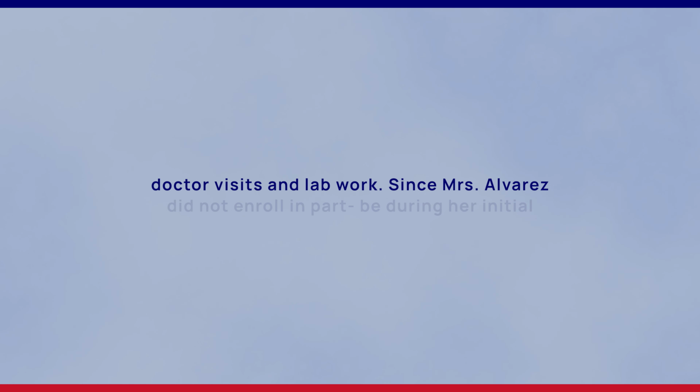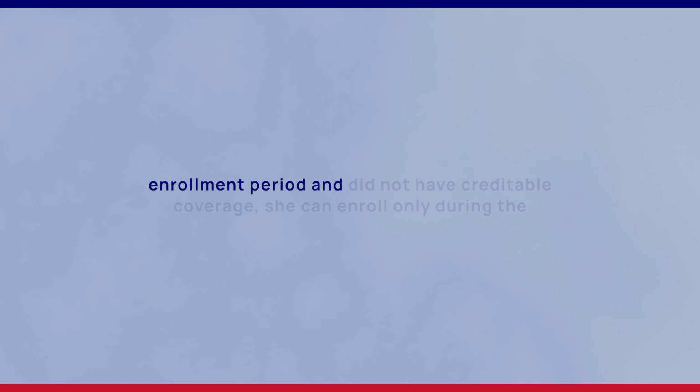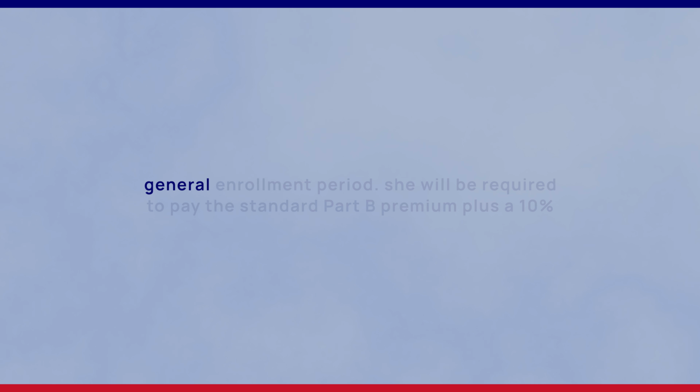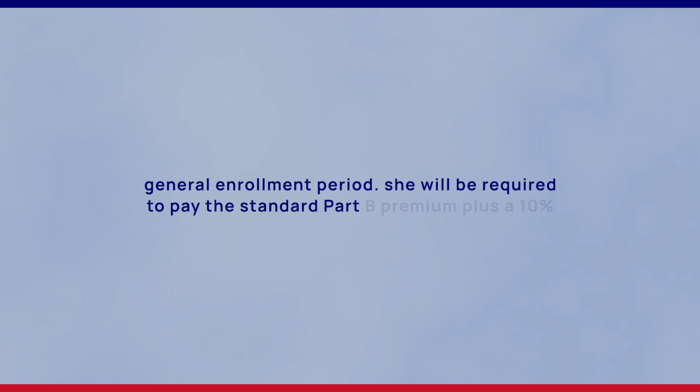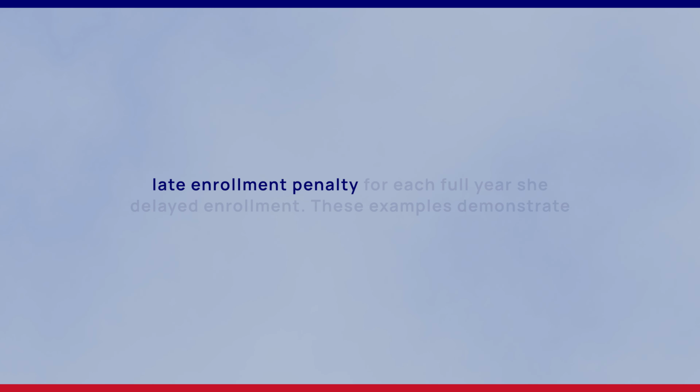Since Mrs. Alvarez did not enroll in Part B during her initial enrollment period and did not have creditable coverage, she can enroll only during the general enrollment period. She will be required to pay the standard Part B premium plus a 10% late enrollment penalty for each full